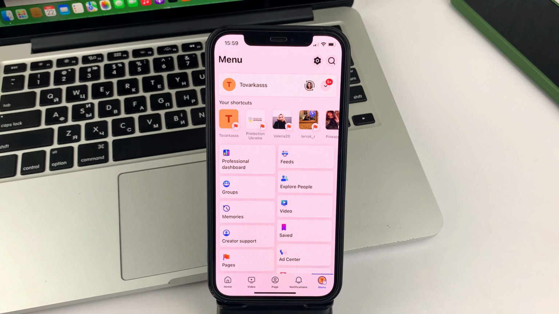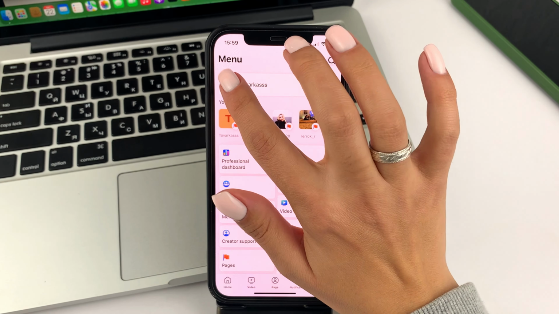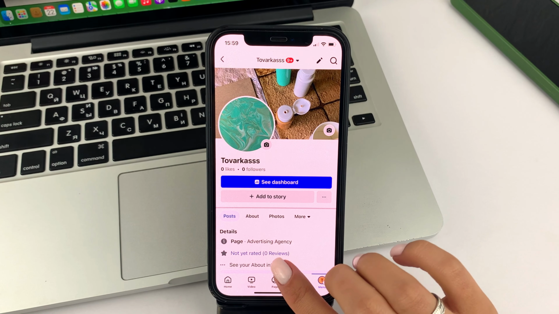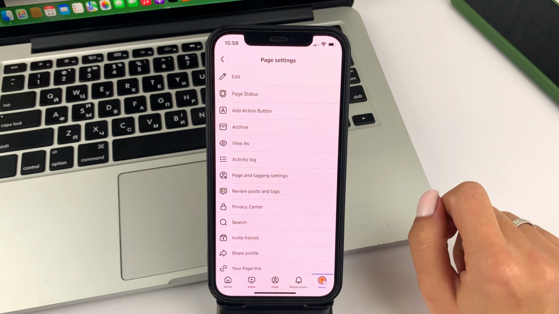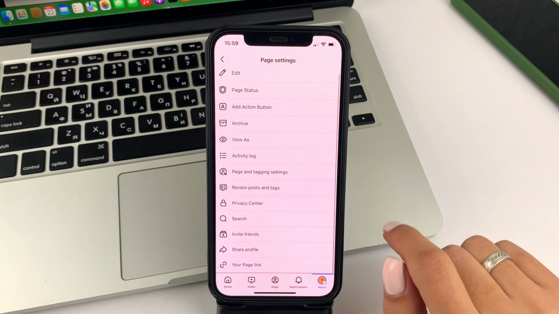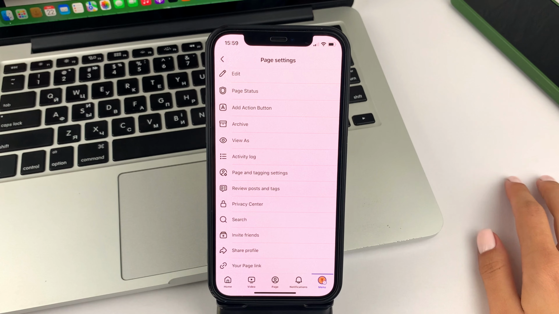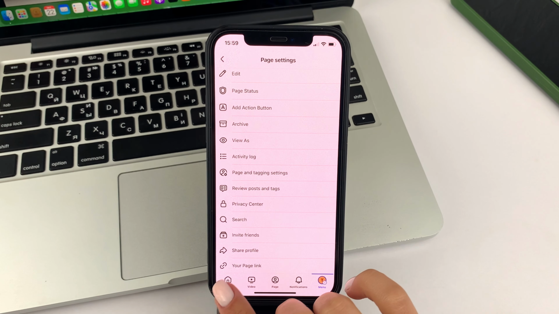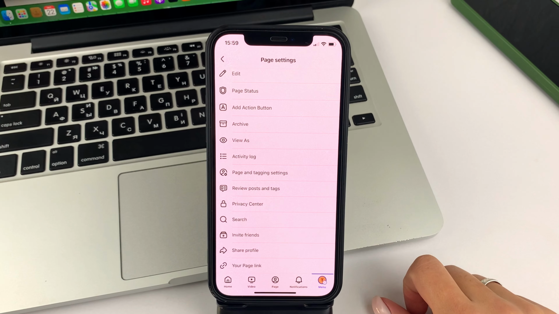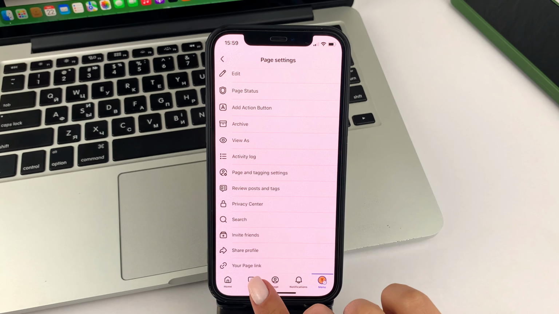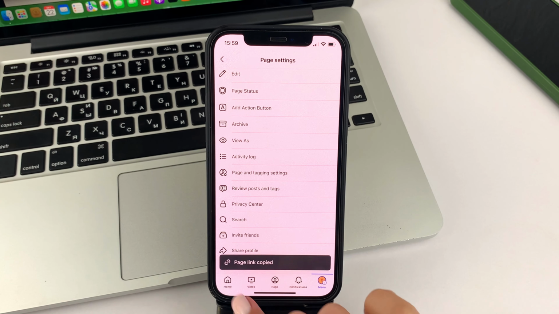Next, friends, please open the page itself, go to it. Now you're going to need to click on the three dots and then scroll down. And this is where you'll see the very bottom item. Yours will be the link to the page here, or there will be an option to copy the link to the page. It doesn't matter how you have it signed, click here. And as you can see right away, that link will be copied.